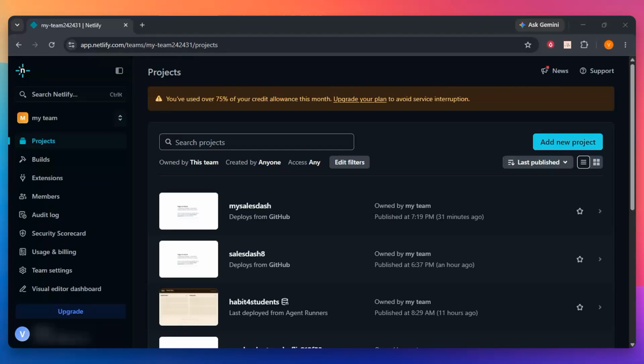In this video, I will show you exactly how to enable Cloudflare plugins on your Netlify projects to streamline your workflow and improve site performance. Managing your cache is an essential part of web development, and connecting these two powerful platforms can save you a